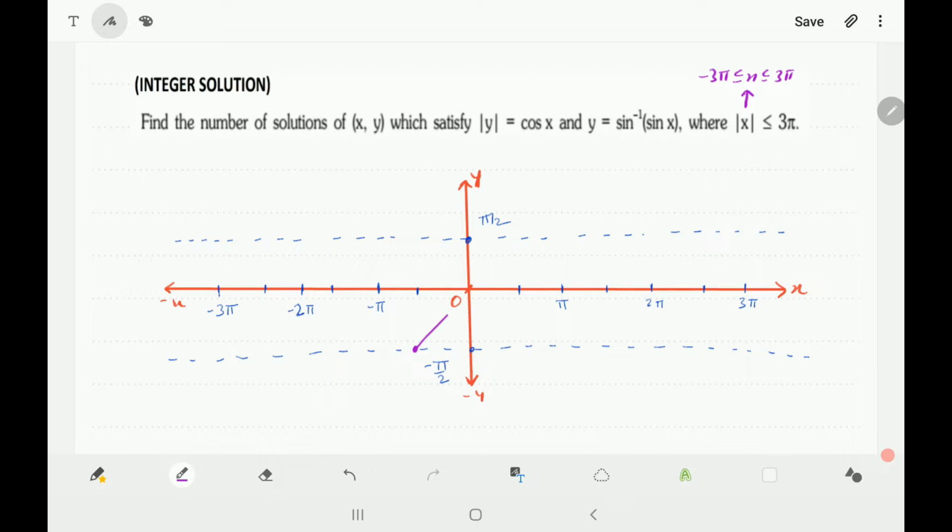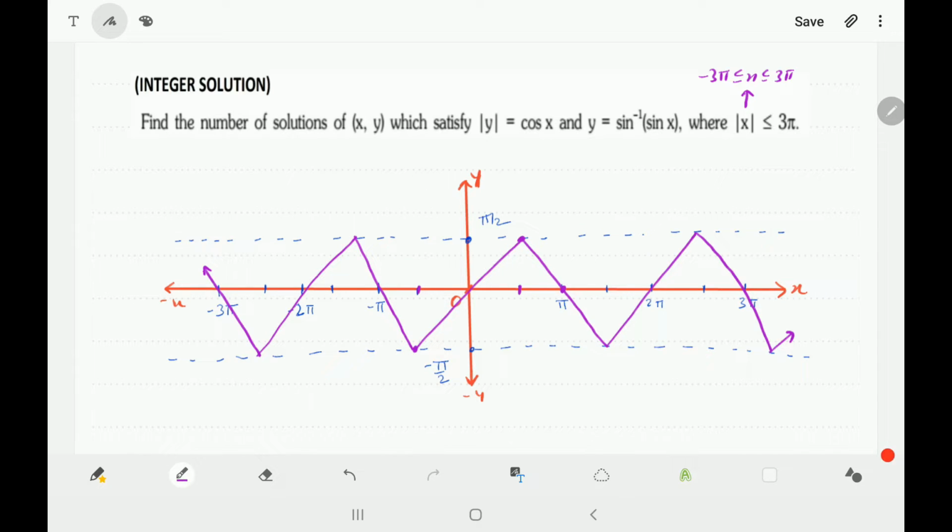Okay, so it will be x in that particular region. So this is pi by 2 and this is minus pi by 2. Okay, so we have x, and at pi it is 0 and at 3 pi by 2 it is minus pi by 2. So we have this kind of triangles in the graph of sin inverse sin x. Okay, similarly we can complete the graph like this. Is this clear? So this is a graph of sin inverse sin x.